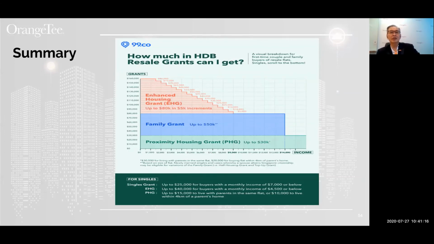Now, this one I downloaded from 99.com. It's talking about all the grants that you can enjoy. So as an agent, you know very well that your job is to help your buyer secure a house and all types of grants that they are entitled to. Make sure you're familiar with them. All right, so this is a summary, the whole page for you. You can have this for yourself too. The enhanced housing grant, the family grant,